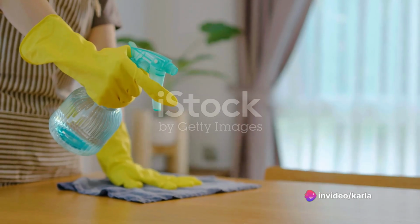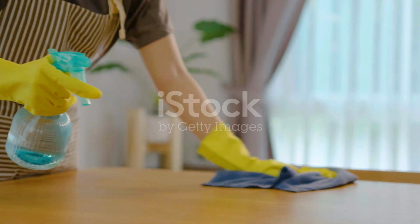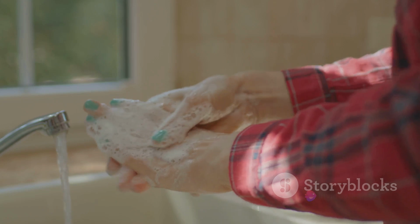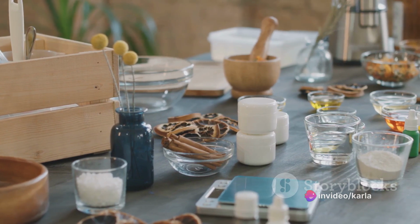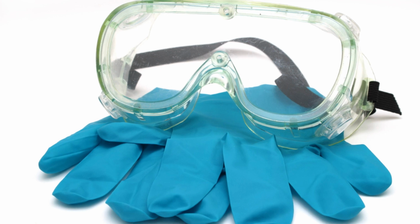Imagine your workspace as a blank canvas. It's the foundation upon which your soap-making masterpiece will take shape. Clear away clutter, wipe down surfaces with at least a 70% isopropyl alcohol, and make sure everything is in its place. Next, gather your soap-making tools. These might include a soap mold, a large pot for melting your ingredients, a thermometer, a scale, and of course,